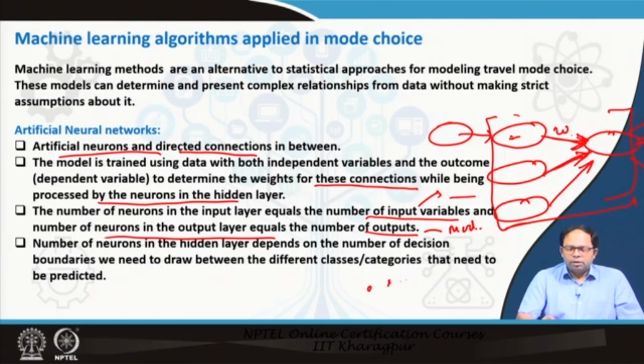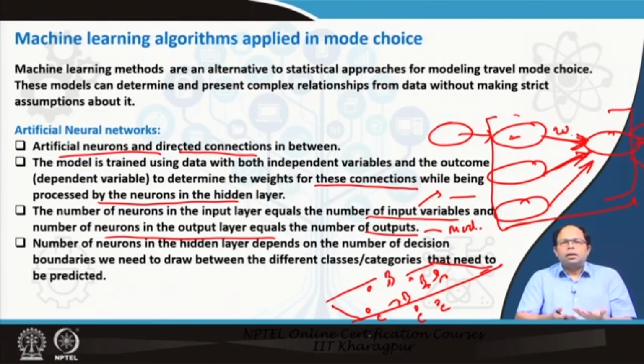So, if I have different data points, this is car, this is bus, this is again car, this is again bus, this is car, this is bus, this is bus. If I draw a line over there, it actually separates cars and buses. This line could be drawn in different planes in different ways and so on. So, this hidden layer or these neurons are actually helping us to create these decision planes, using which we can separate the different classes. That is how artificial neural networks work. This is one kind of machine learning algorithm that could also be used to categorize data.